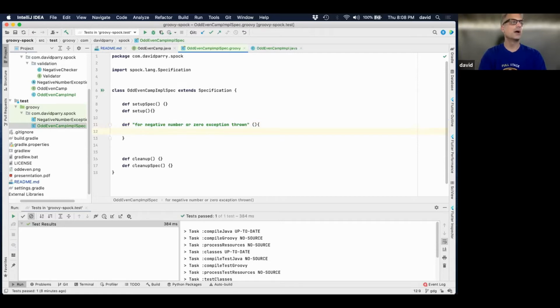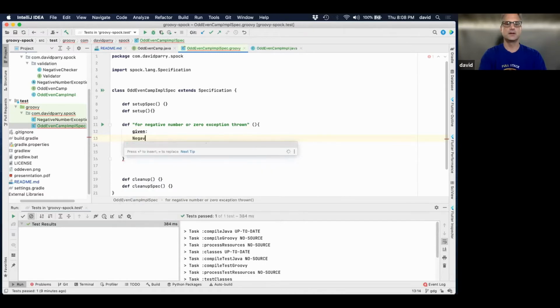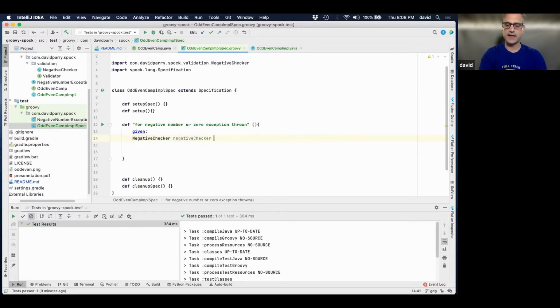Okay, so I'm going to say given, this is part of the language and making it clean, given for a negative, negative checker equals the new negative checker.